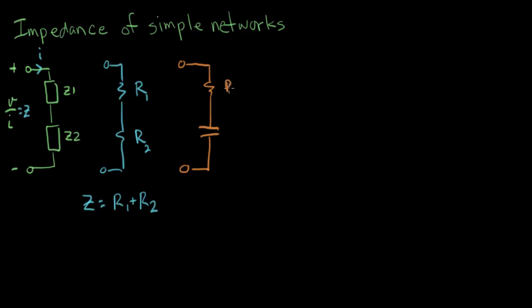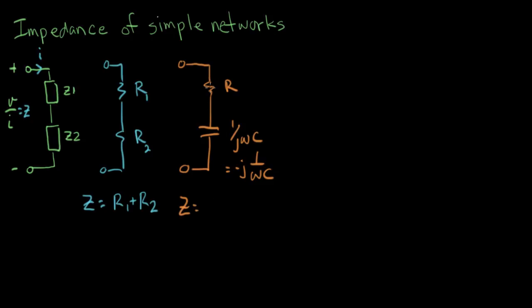We write down this value is R, and the impedance of a capacitor is 1 over J omega C. And if I want to, I can write it as minus J times 1 over omega C. Remember, 1 over J is the same as minus J. So if I want to know the impedance of this network here,